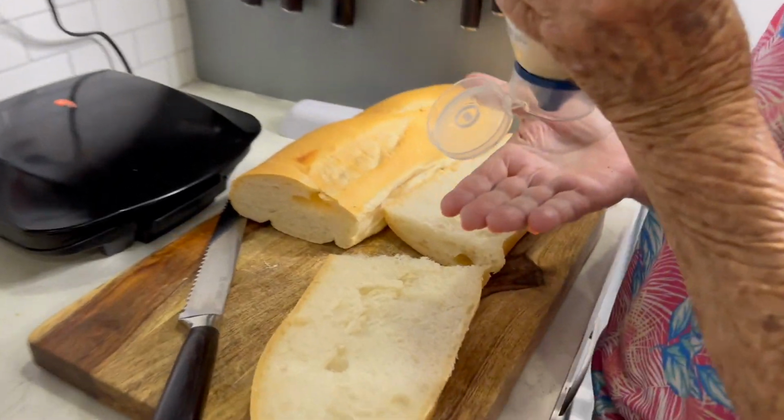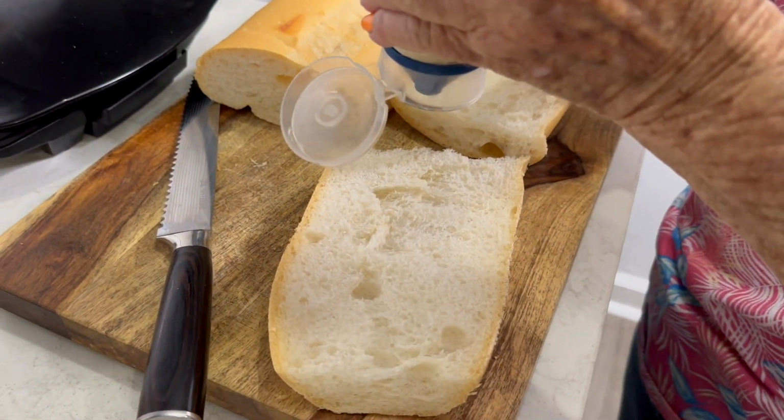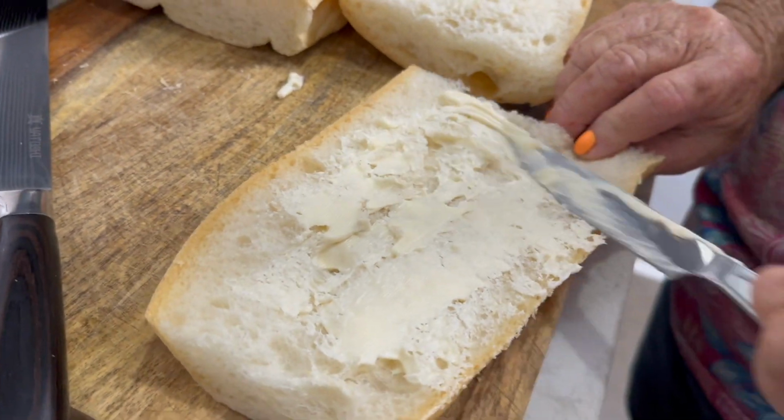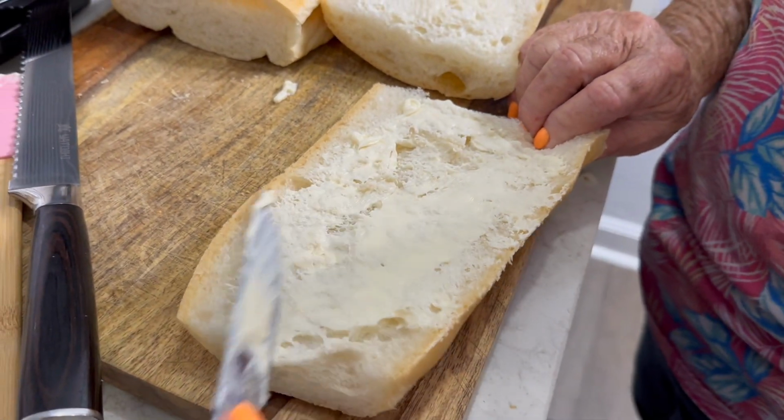After slicing your bread, you're going to want to liberally apply mayo to both sides of the sandwich, and then of course spread it out nice and evenly on both sides before adding...